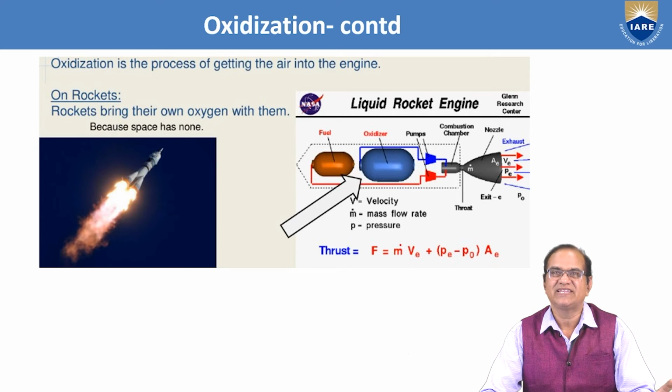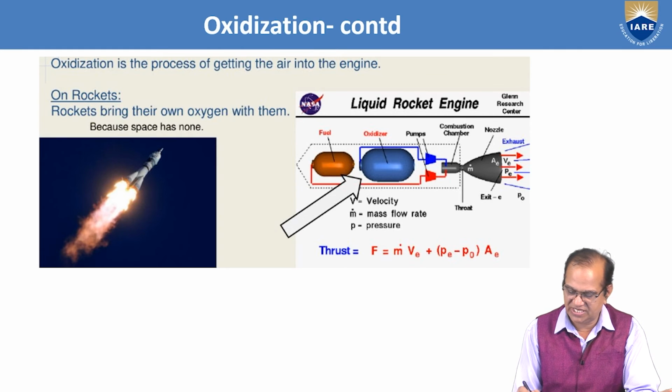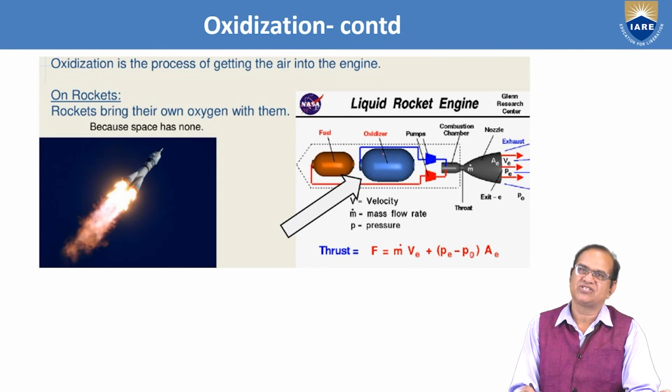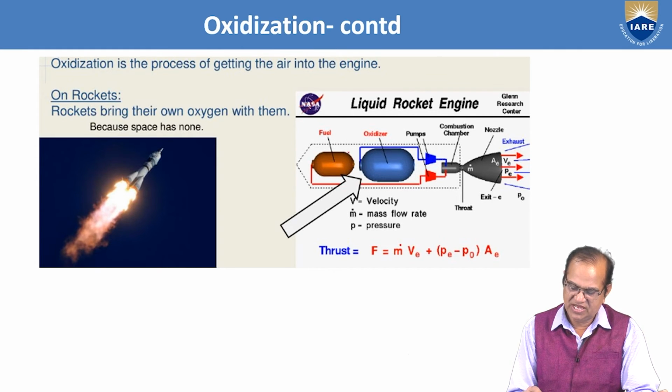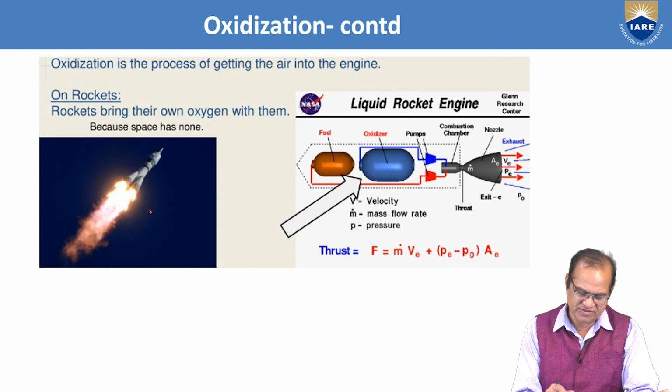So how we get the air in the rocket? So in the rocket, if you see here, we have stored the oxygen, and this oxygen mixing with the fuel by the help of the high pressure pumps. These pumps are pressurizing and we get this thrust, and this is schematic of flight of the